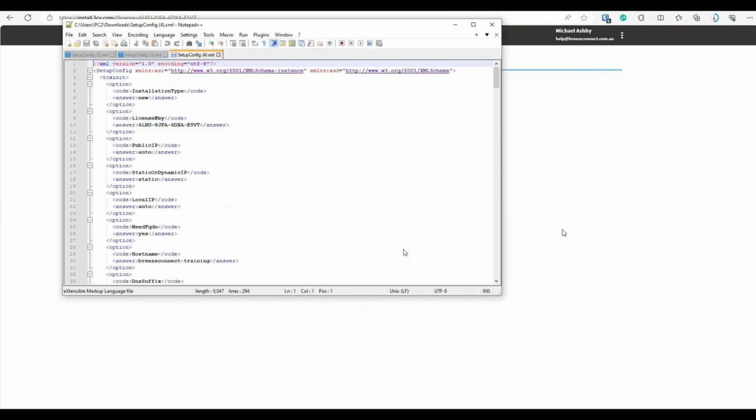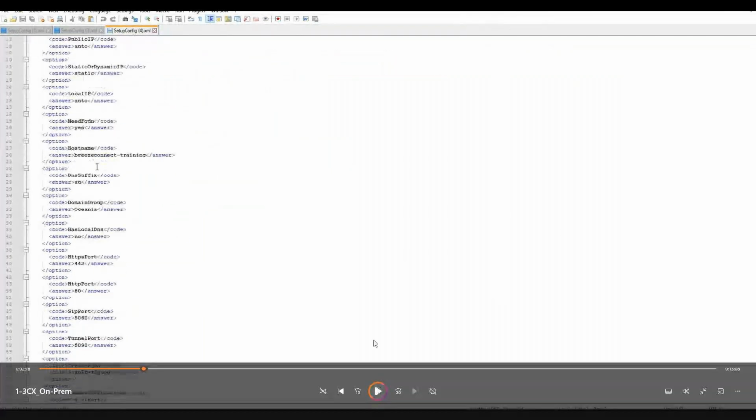Now, that is the config file that you download when you create a 3CX. I'm going to do some changes on there in order to have the system running properly. Depending on the setup you do, you also will have to make changes. Now, you see, when you look into that